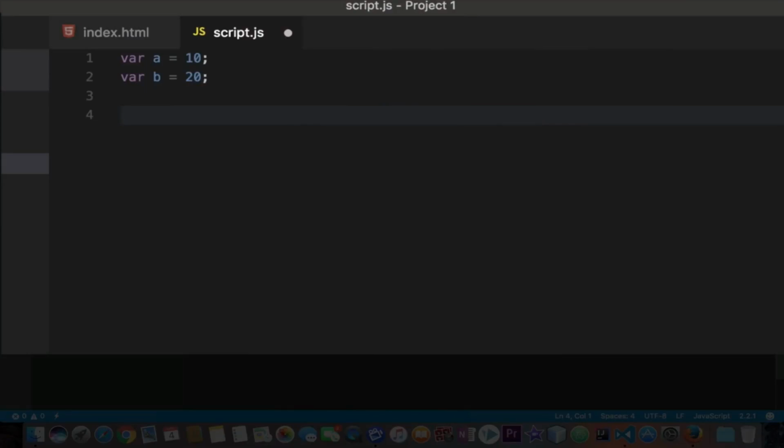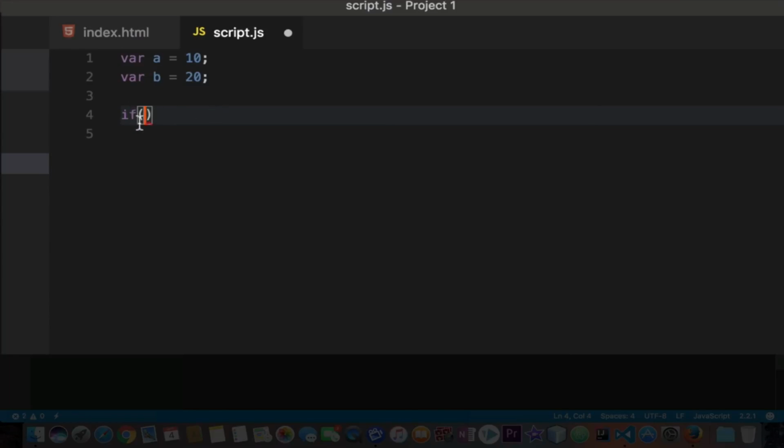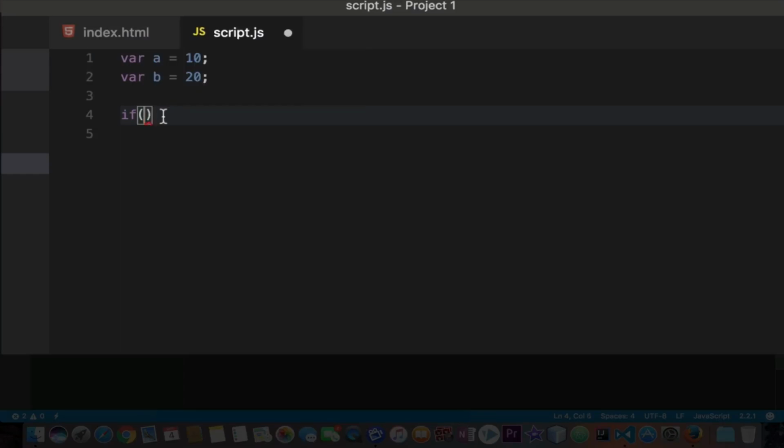How do we do that? There is an operator. We have learned this equal to sign operator, right? But I'll show you another operator now. Now we are going to start with if statements. So if, and now you need to open parentheses. So these two guys are called parentheses, and you type your condition inside it. As you can see, I'm hovering over that and it says expression expected. Now, I'm not going to write any condition right now, but I'll just get out from the parentheses, and then